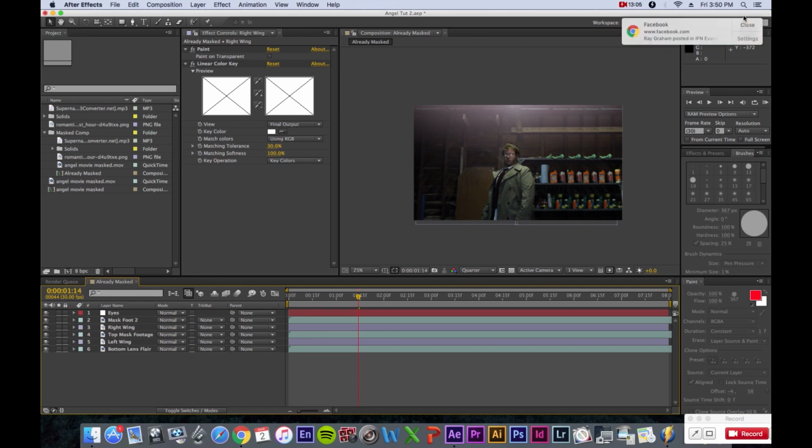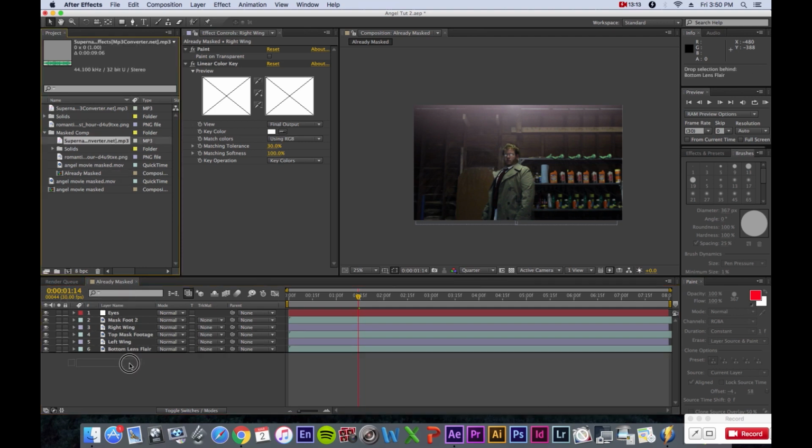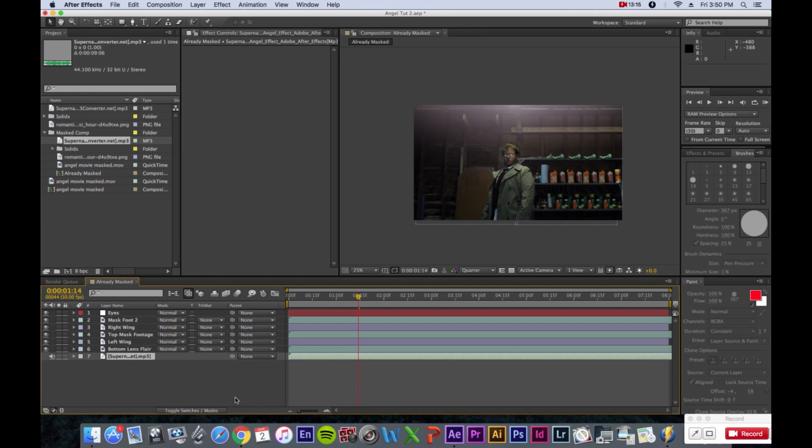So now we're going to input our audio. So the MP3 file is right here. We're going to drag that to the bottom layer. Now audio, After Effects is not the best program for audio, but since we're trying to sync this specifically to this audio, it's really the quickest option, at least for these purposes. It's not a long composition. So if we render that out,